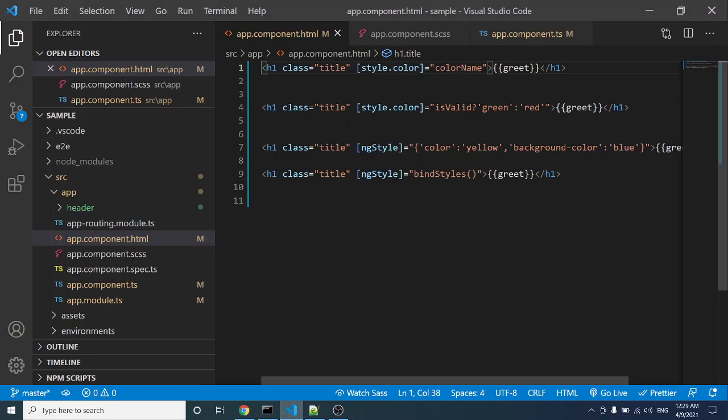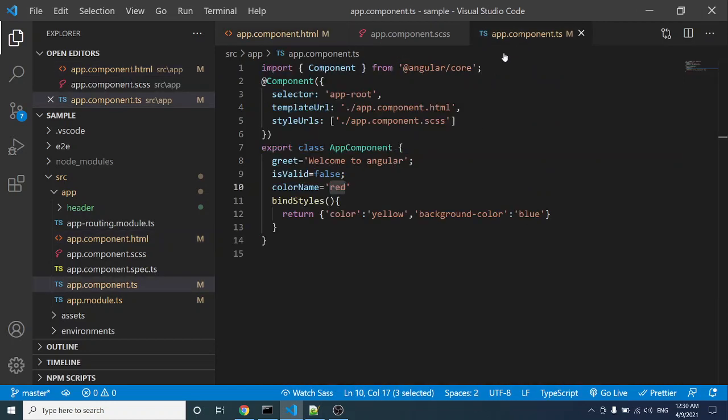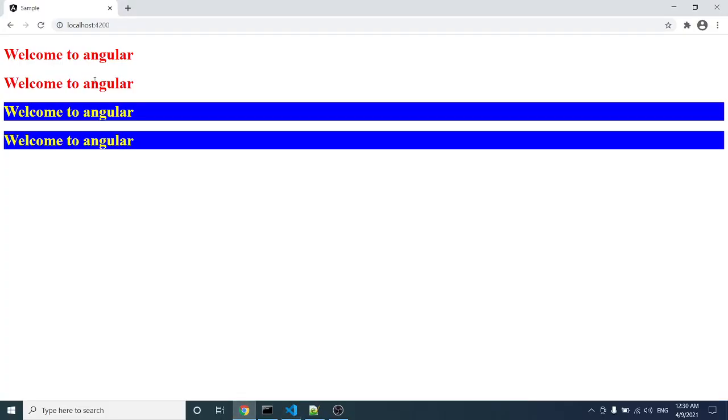For the second HTML element we bind the CSS based on a condition. If it is valid we apply green color, otherwise red color. isValid is what we have set to false, which is why the second element gets red color.